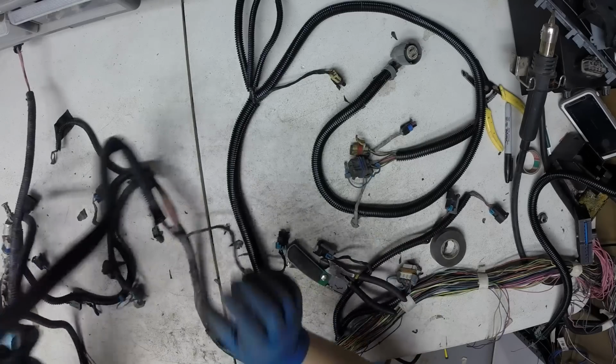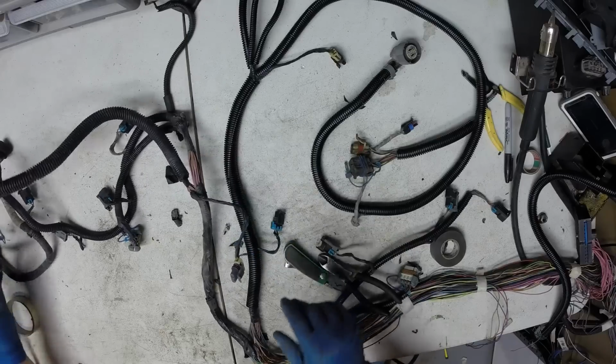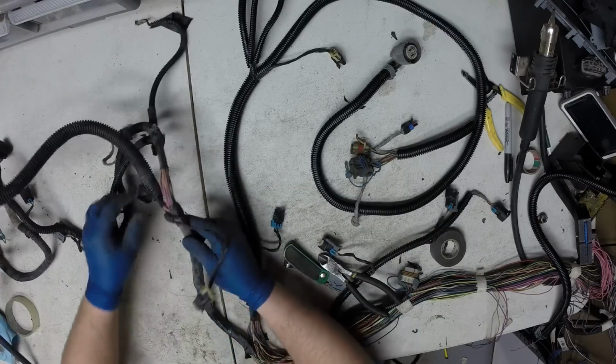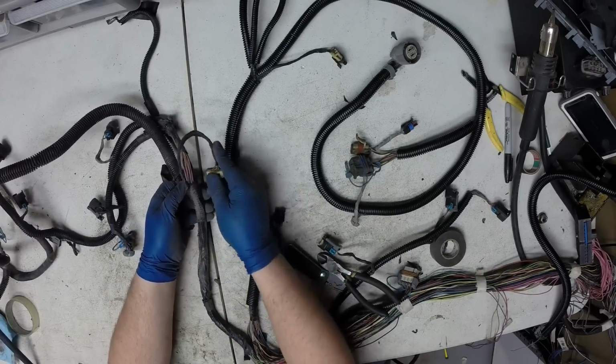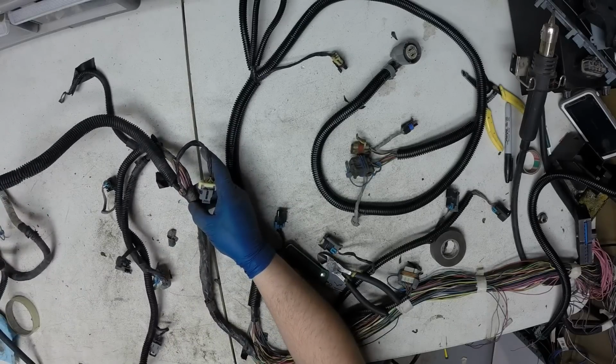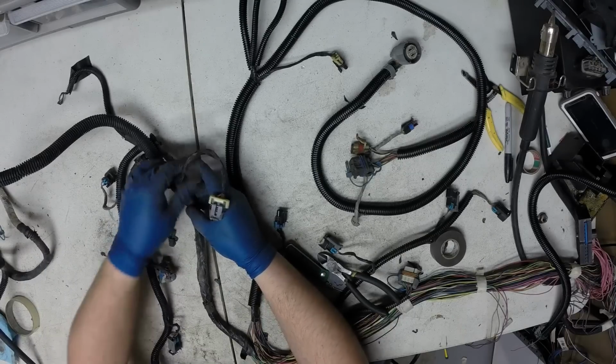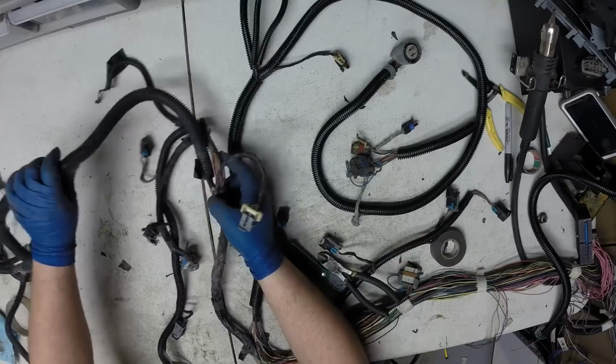This part of the harness, this would be the passenger side back. This ran across the top of the harness, the map sensor, or top of the intake, map sensor. This swung back around forward. These are your injectors and coils for the passenger side throttle body. This part went across